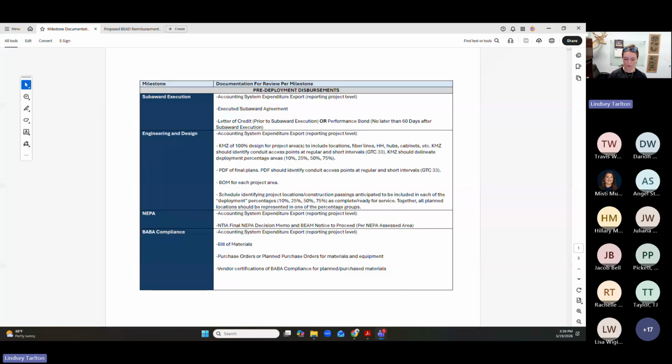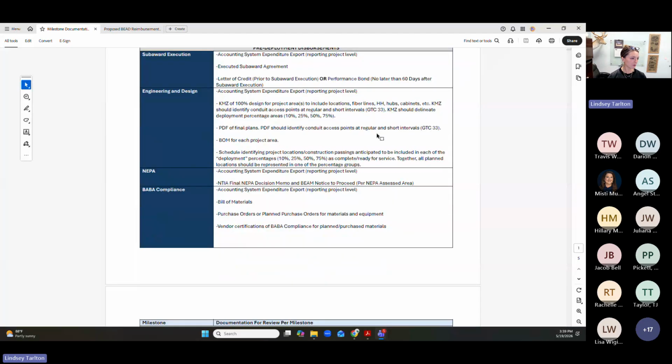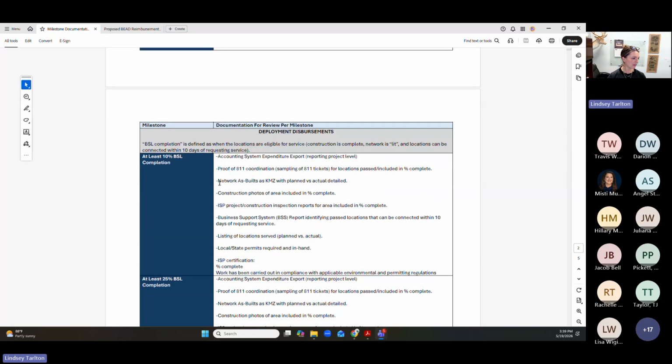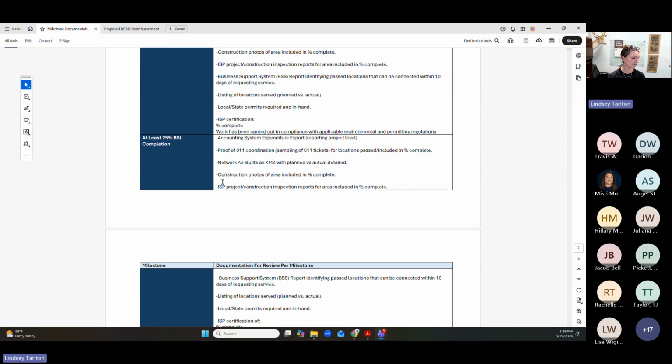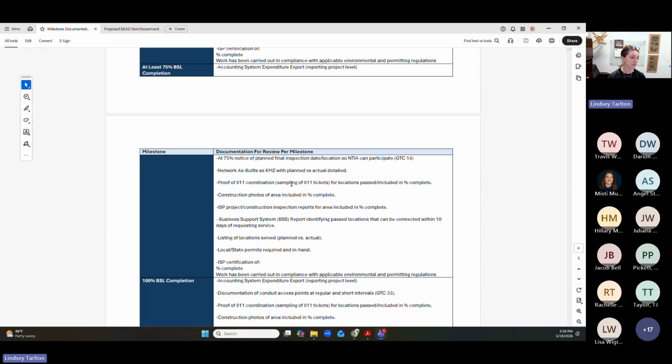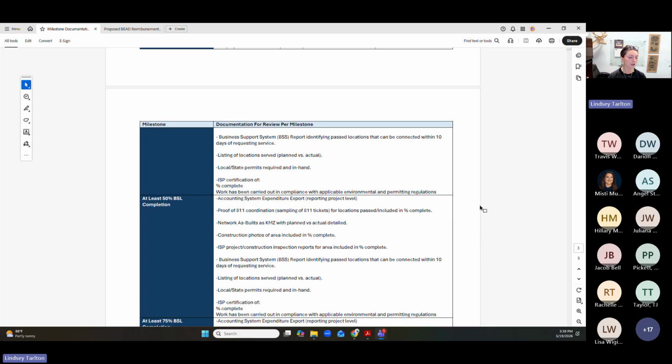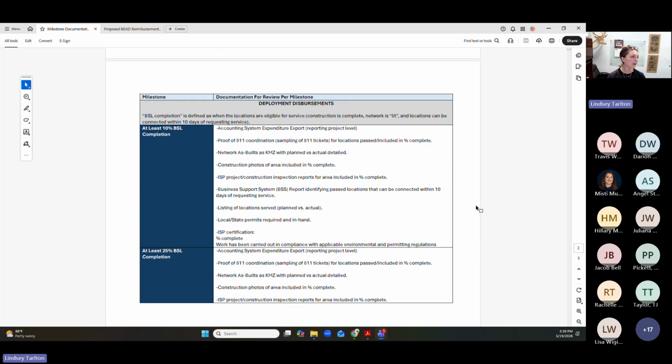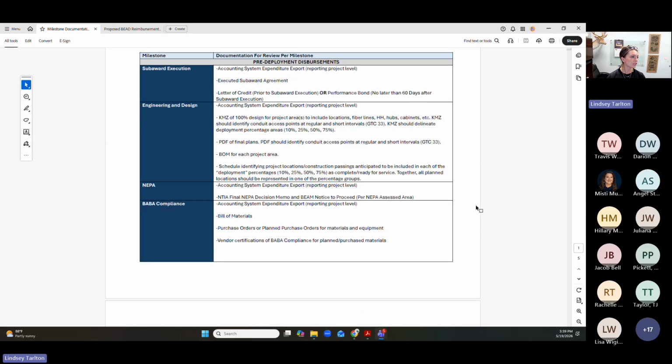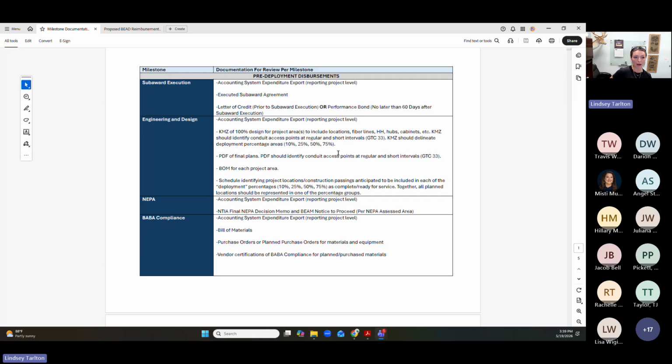And the disbursement milestones are broken into the 10, 25, 50, 75, and 100% milestones. So they're requesting that each of the breakout for the engineering and design be about those, because they're going to have to be tied back to that in the future milestones. So those are the types of documents.